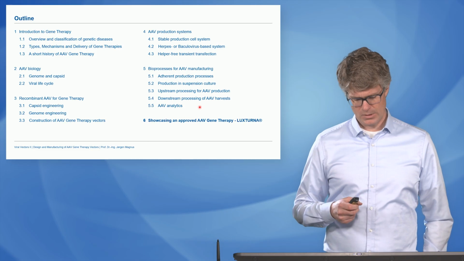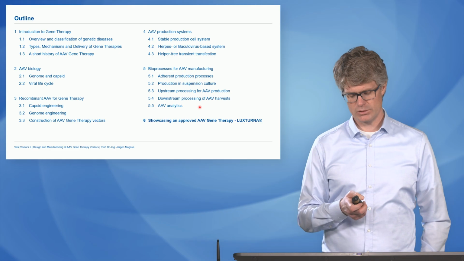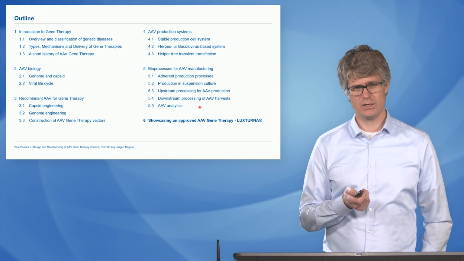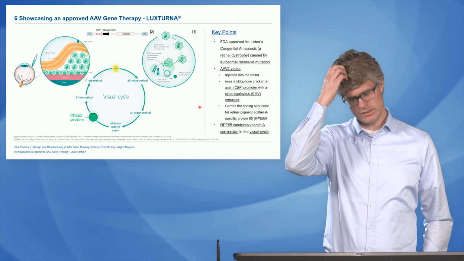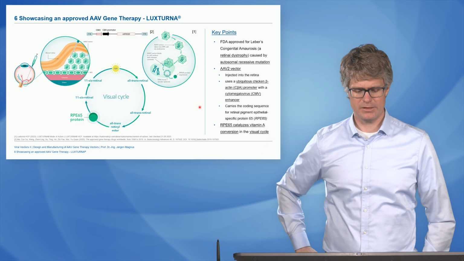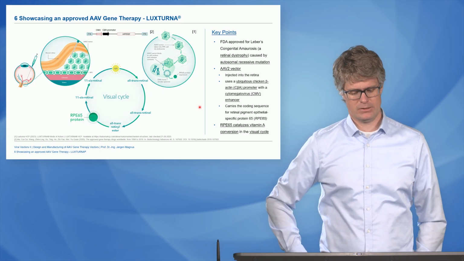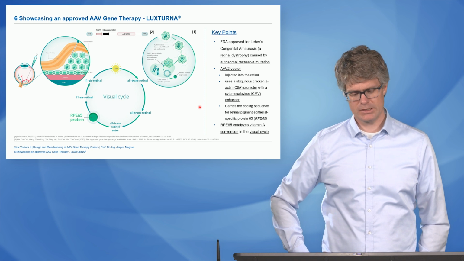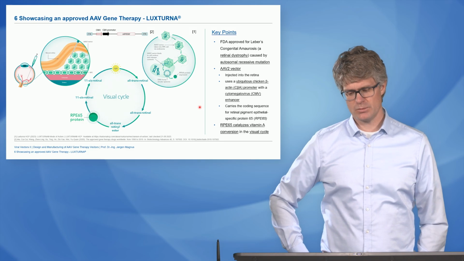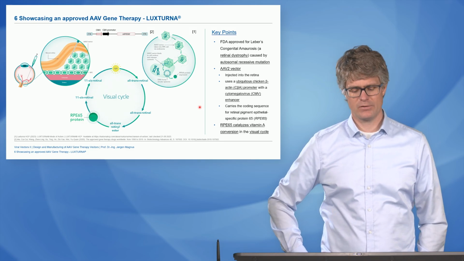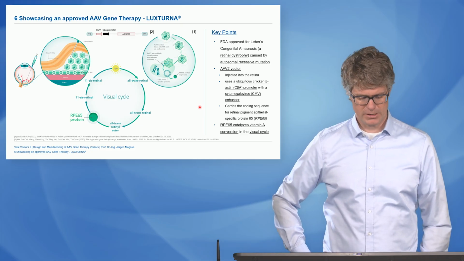So rounding off this lecture with an example of a gene therapy, and we chose LUXTURNA to just have a look at. LUXTURNA, as I mentioned, is the first gene therapy launched in 2017. It treats an eye disease called Leber's congenital amaurosis. This is a monogenetic disease that causes blindness, and sometimes it also causes blindness at a relatively early stage in life, so it's a severe disease. It is caused by a disruption to the gene